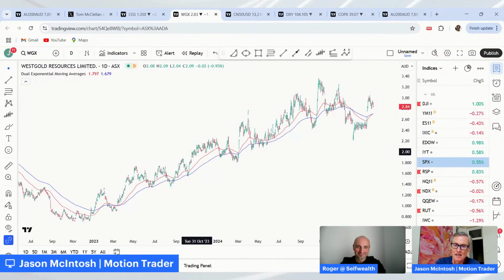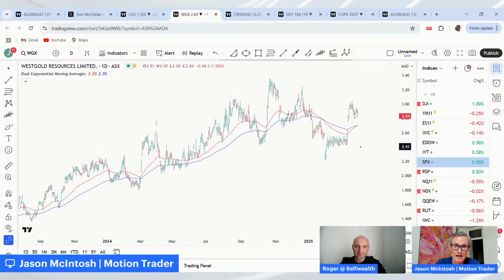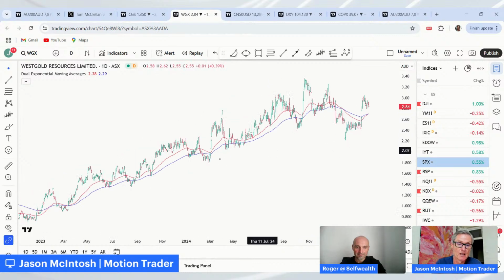Yeah, it's been in a bit of a holding pattern over the last few months, this one, but it looks constructive. You can see a great rally through 23 and 24, and often you get consolidations. It looks like it's a consolidation. Had a bit of time below the moving averages, which is okay. A wide trailing stop could have kept you in this trend and seen off this consolidation, and now it's back above the moving averages. So that's good.